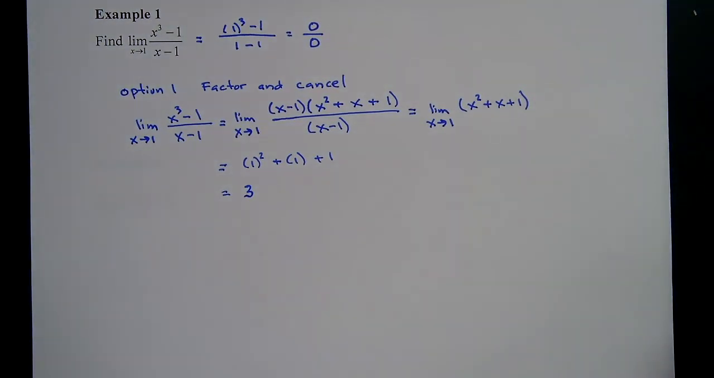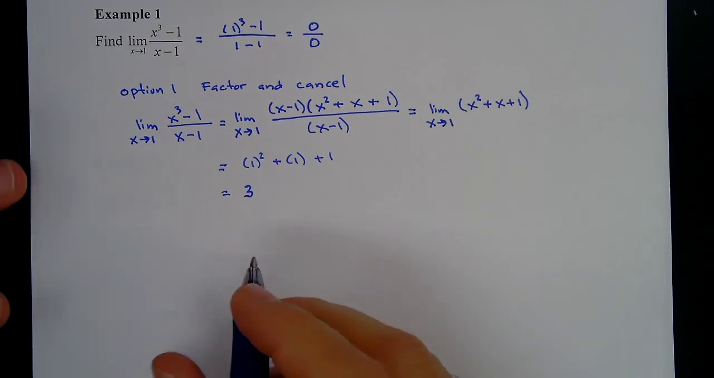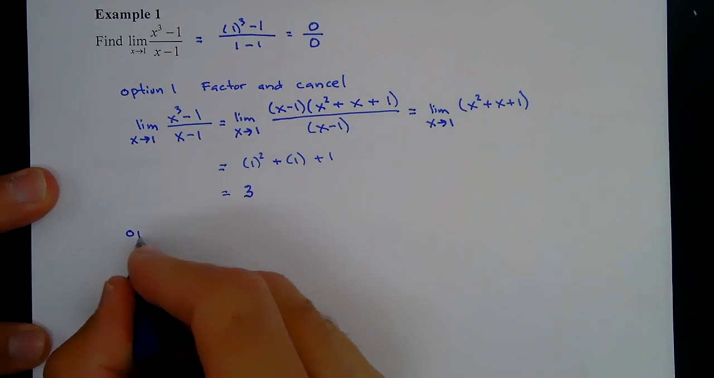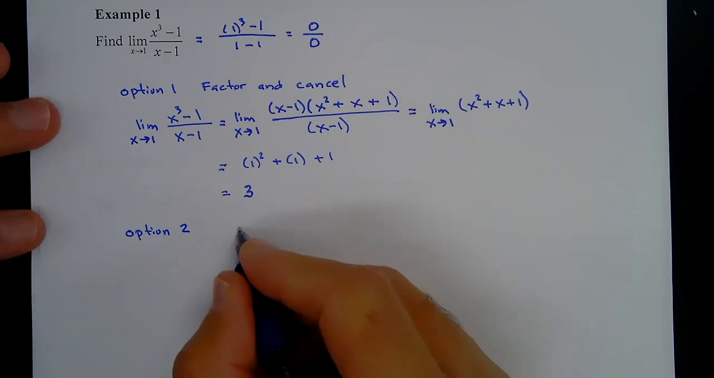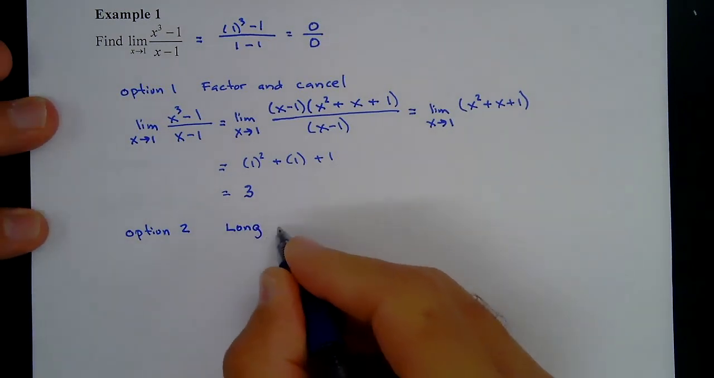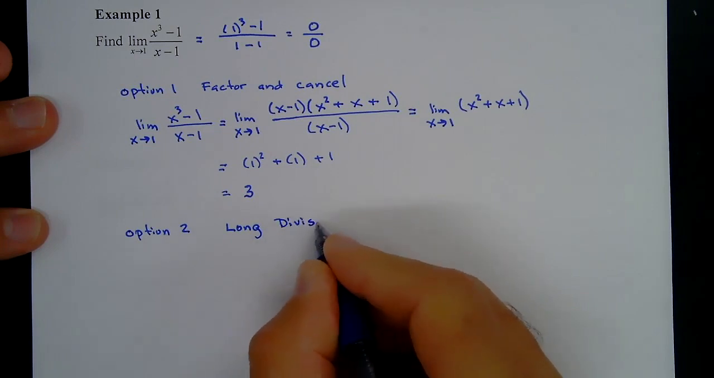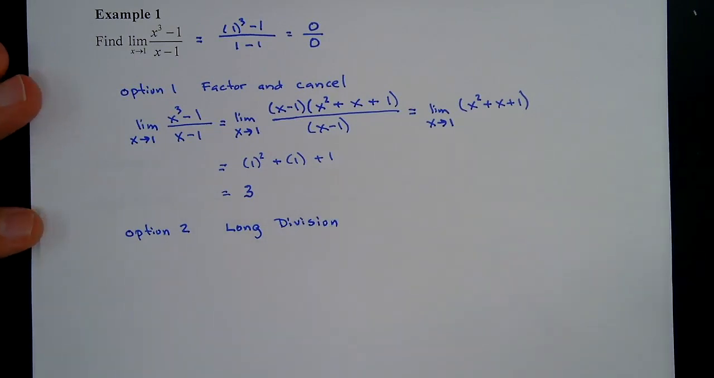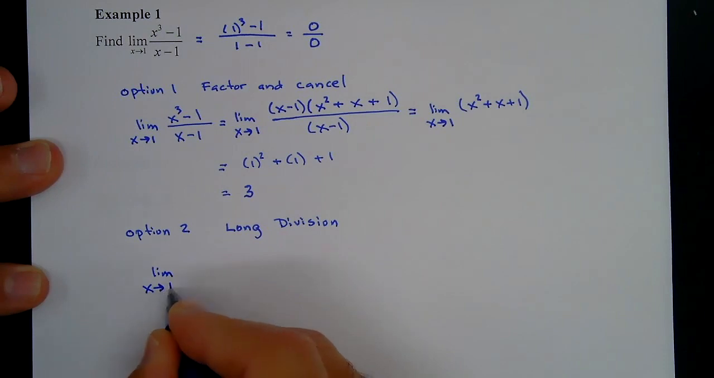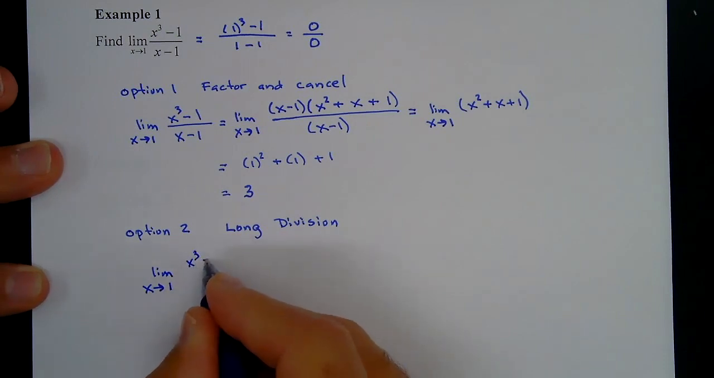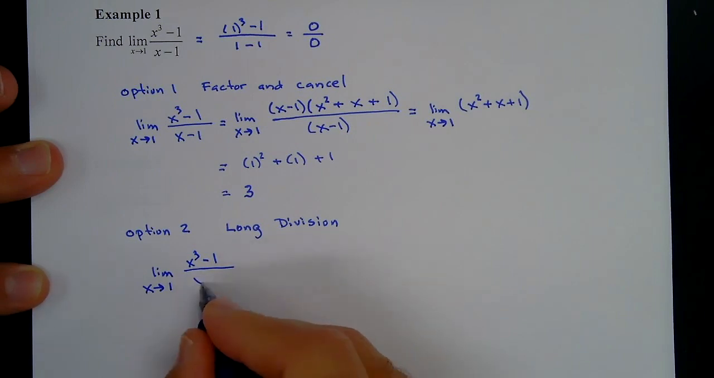So option 2, because the numerator is a larger power than the denominator, we could actually do long division on this, okay? So option 2 is to do long division. And we can do that as long as the numerator has a higher power than the denominator, okay? All right, so if we want to take the limit as x approaches 1 of x cubed minus 1 all over x minus 1,